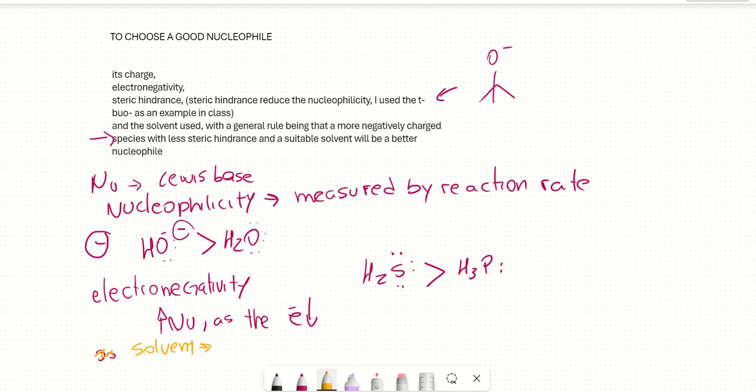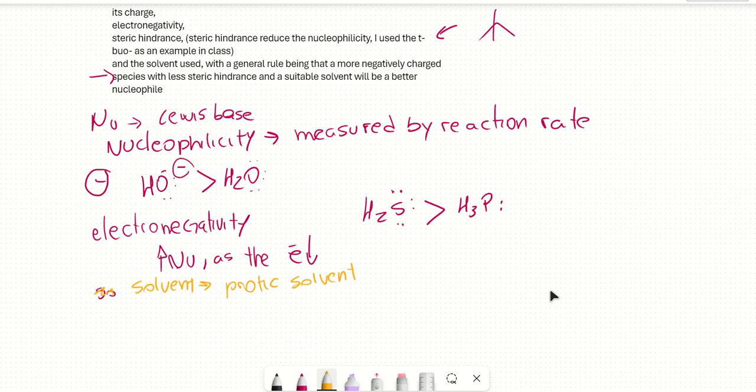For example, if you use a polar protic solvent, this polar protic solvent can decrease the nucleophilicity. So in SN2, for example, to not decrease the nucleophilicity in SN2,